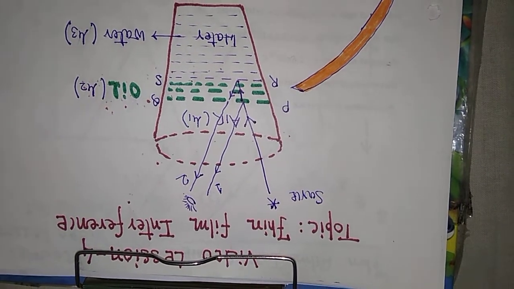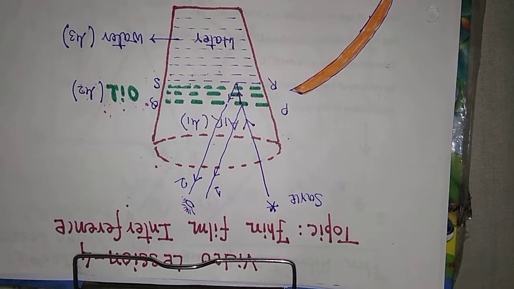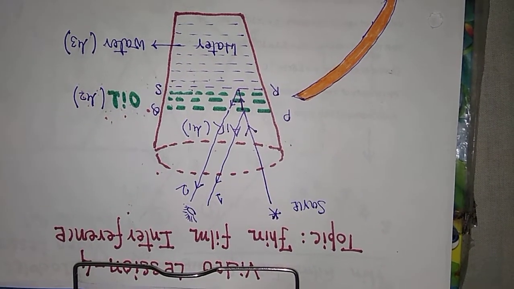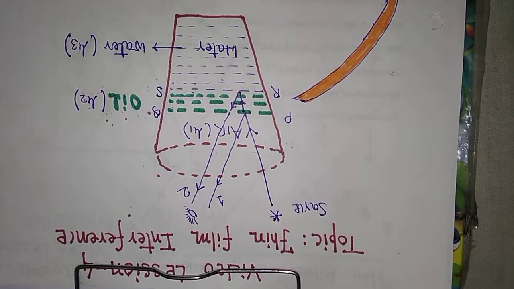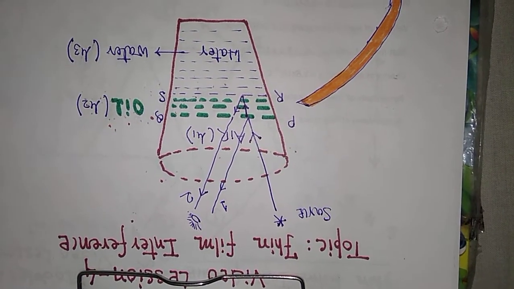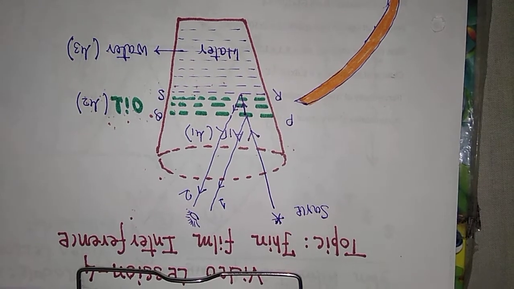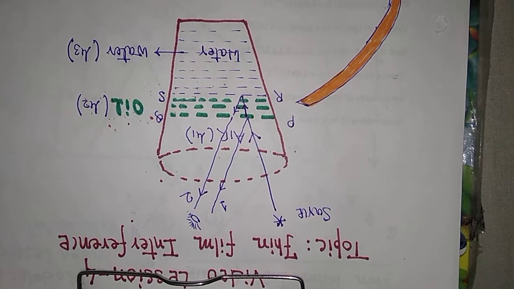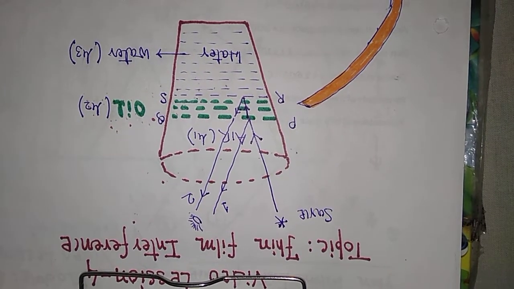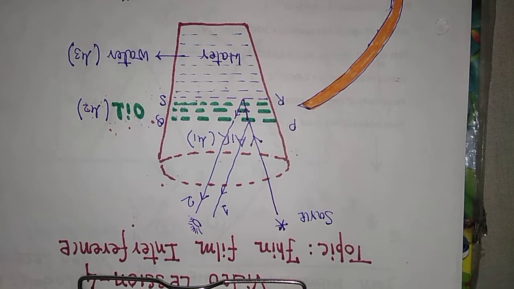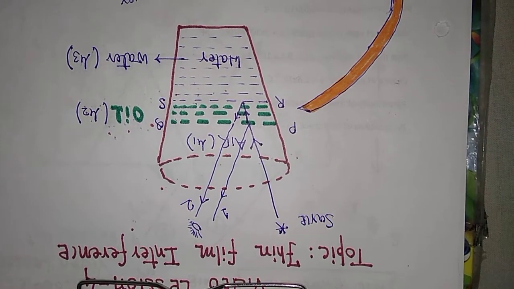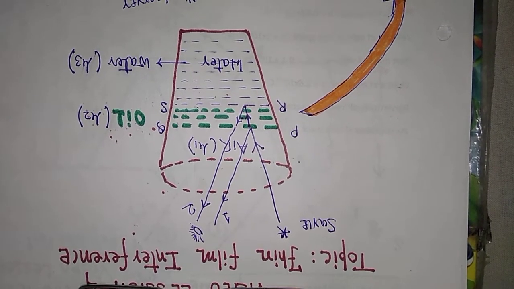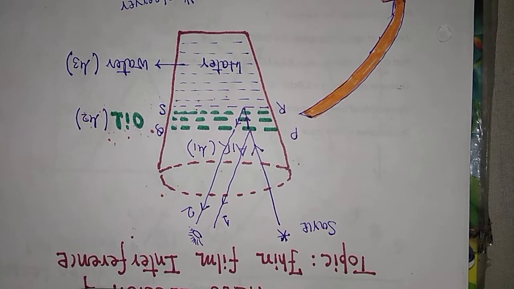Hello students, this is video lesson 4 of the wave optics module, and in this lesson we will discuss the concept of thin film interference, in which we will try to understand the mechanism of how to obtain two coherent virtual sources by the method of division of amplitude in reflected light rays as well as transmitted light rays.